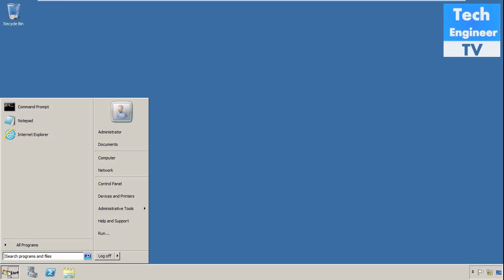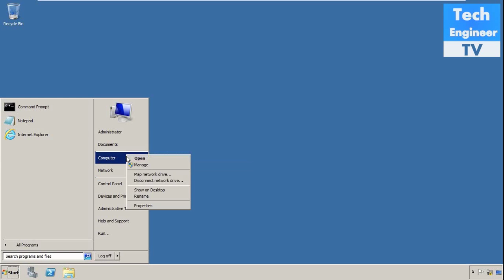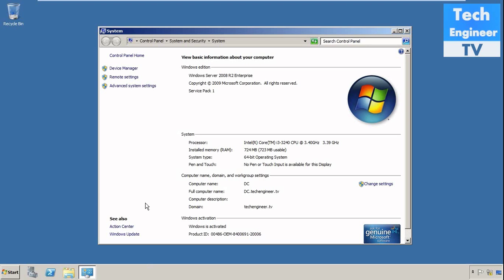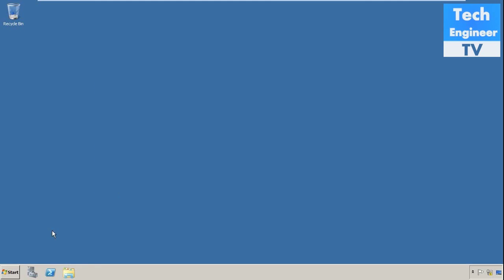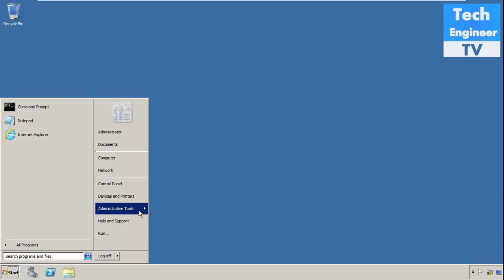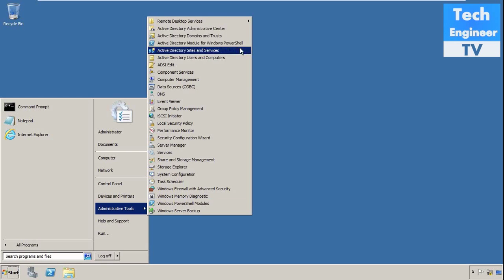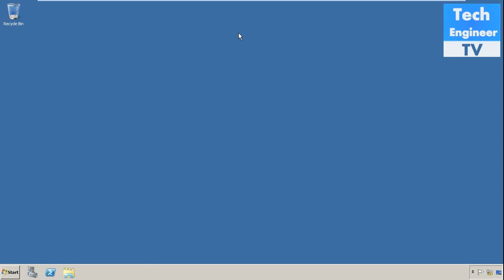Now I'm going to start computer, go to properties, and explore more about the operating system. This is Windows Server 2008 R2 Enterprise Service Pack 1, and its domain is techengineer.tv. Another thing to learn about is Active Directory